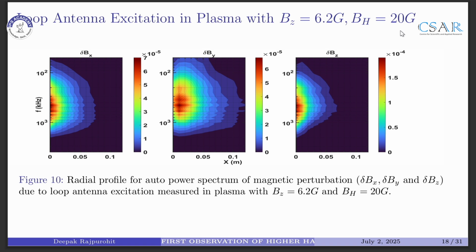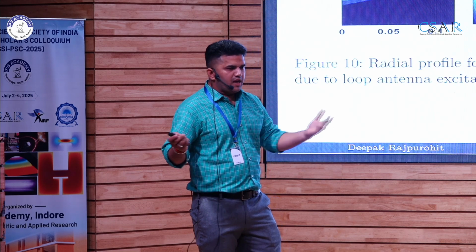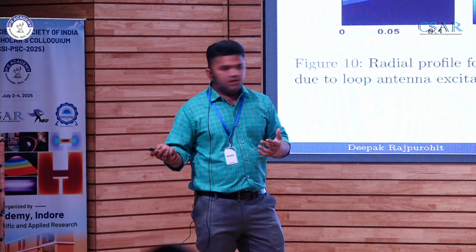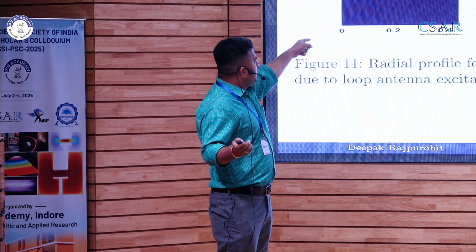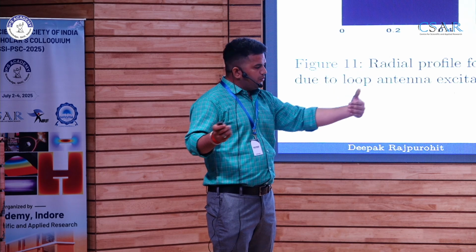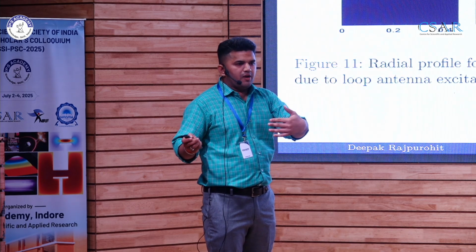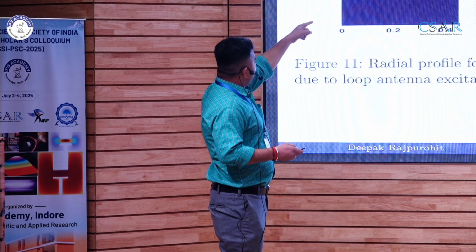So this is the clear indication of harmonic generation in Whistler mode excitation in the magnetized plasma of LVPD. And this is the magnetic field profile with minus 20 Gauss of Helmholtz, meaning we are opposing the magnetic field of Helmholtz with the axial magnetic field. So in vacuum,